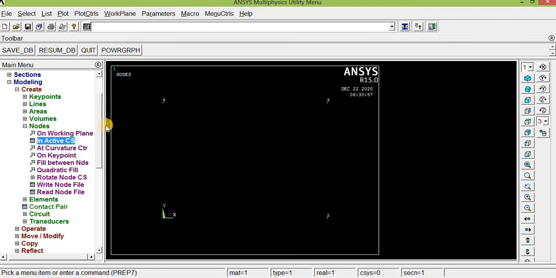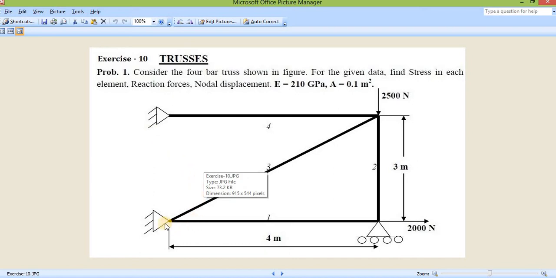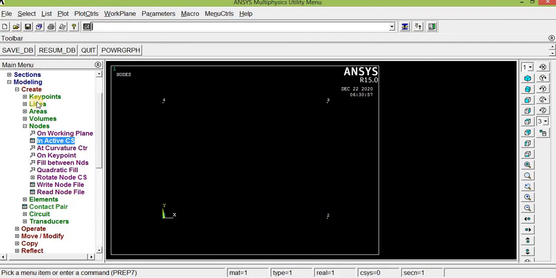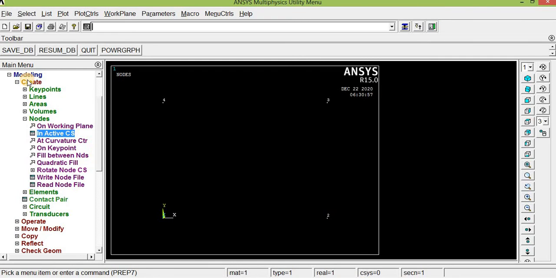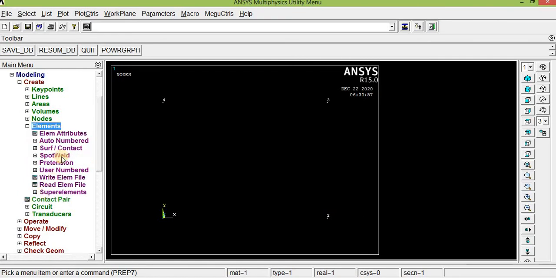Now we are going to join these nodes to form a truss element. According to the example, we need to join node numbers 1 and 2, 2 and 3, 3 and 4, and at last 1 and 3. So that's what I am going to do. In modeling, there is an option called element. Click that one.